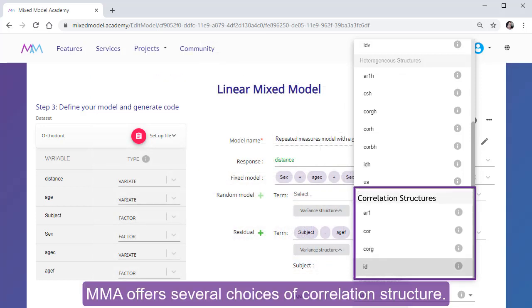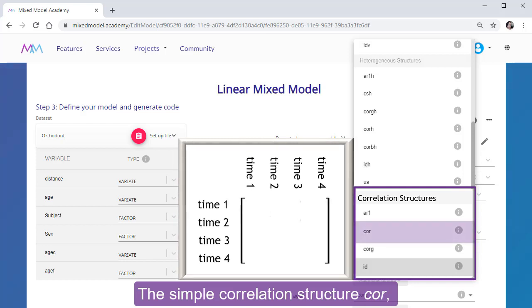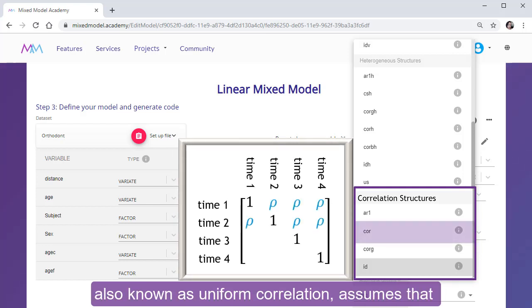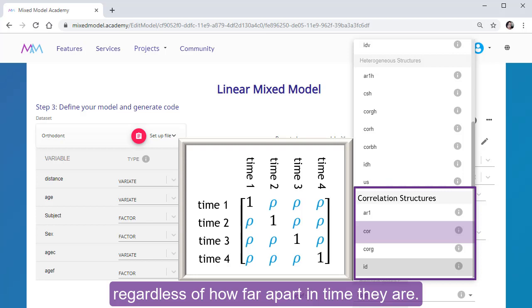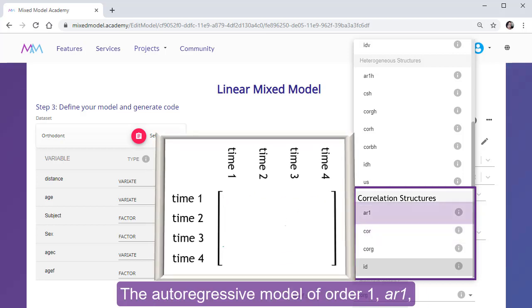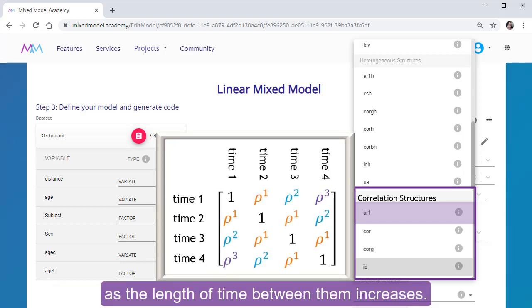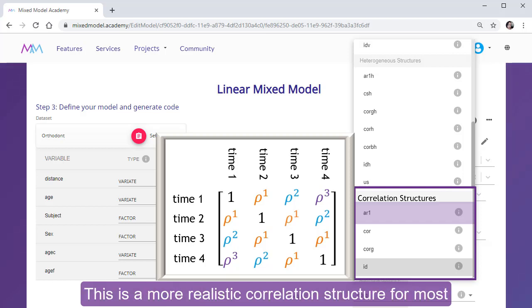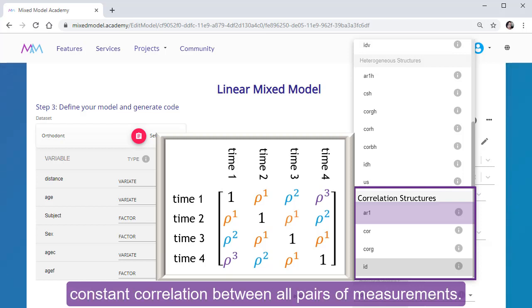MMA offers several choices of correlation structure. The simple correlation structure, CORE, also known as uniform correlation, assumes that the correlation between measurements is constant, regardless of how far apart in time they are. The autoregressive model of order 1, AR1, allows the correlations between measurements to decrease as the length of time between them increases. This is a more realistic correlation structure for most repeated measures datasets than assuming constant correlation between all